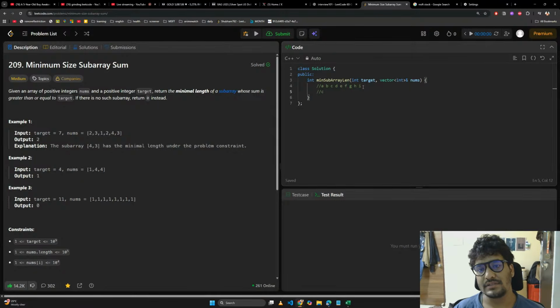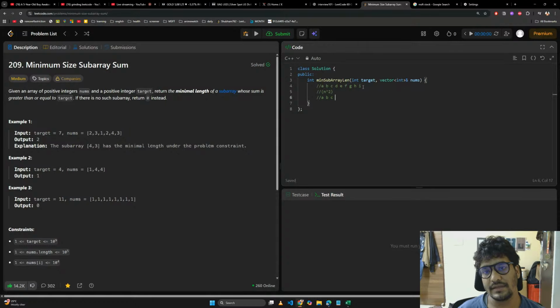You start with C, D, E, F. So one normal solution is order n square, where you start from first A and take the sum of the numbers, then you start from B, then from C, and so on. And another way could be, since you know A, B, C is greater than or equal to 7,